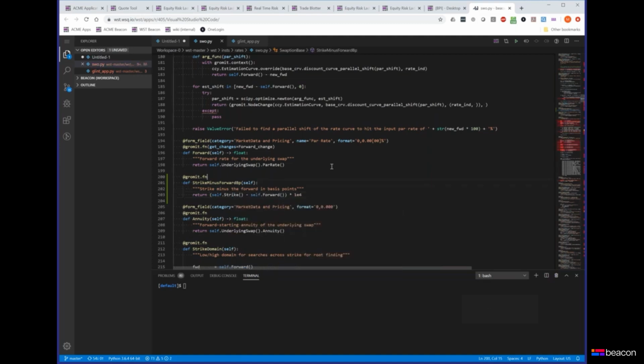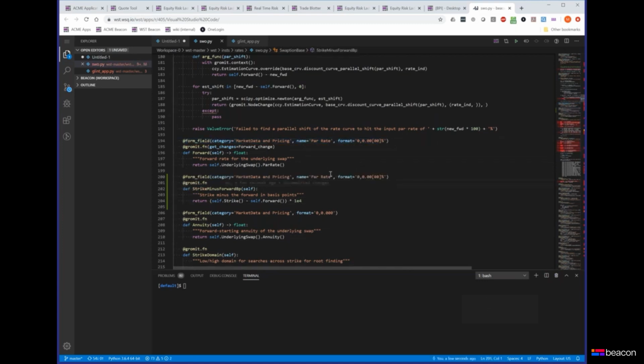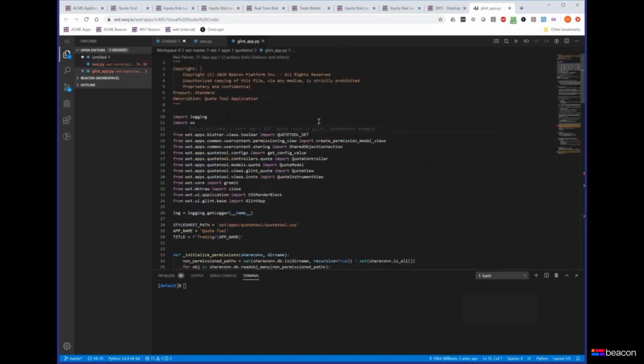Now I haven't made this show up in Quote Tool yet, so I'm going to add a form field decorator on here. I'm going to make it say something like strike minus forward. It's in basis points, so I don't need this percent thing. I'll just have one decimal point, and make sure that this is tagged as a float so that it knows how to format it. Now if I go back into Quote Tool and run it,